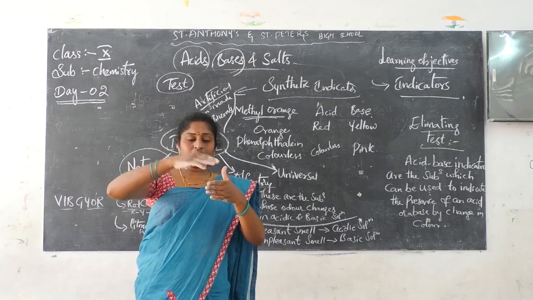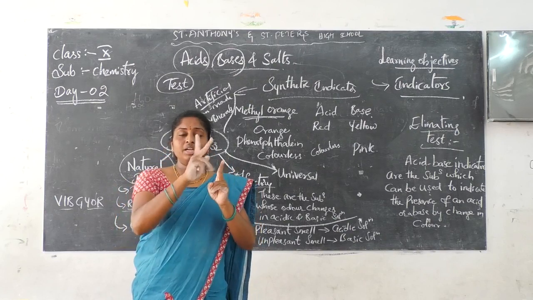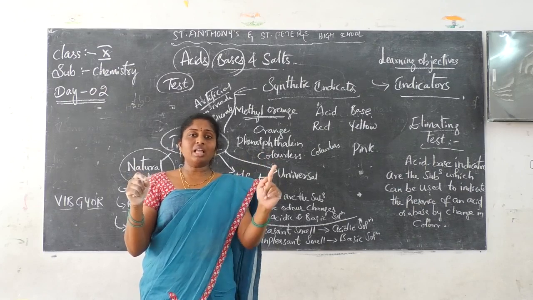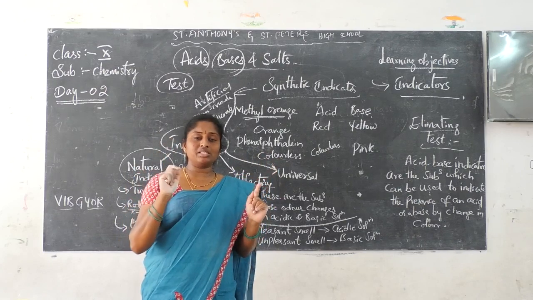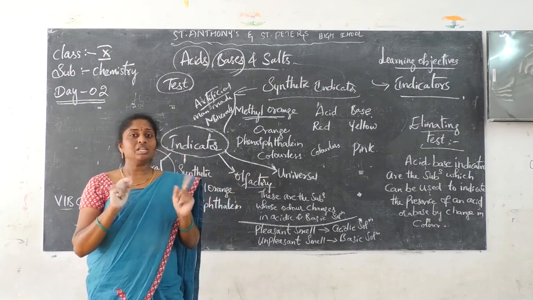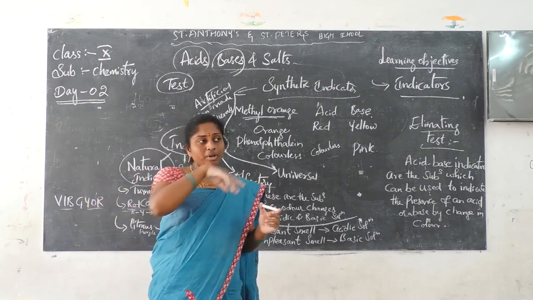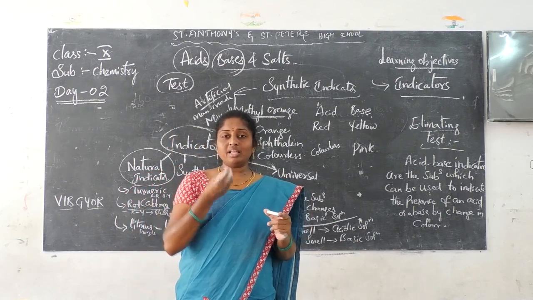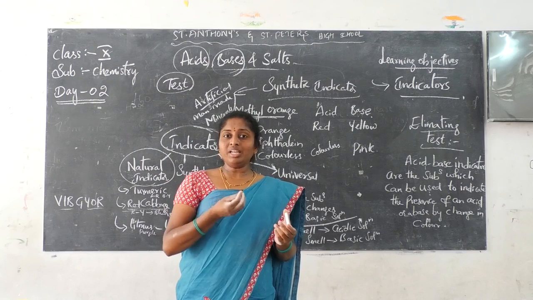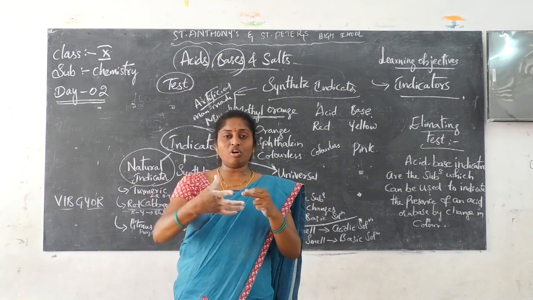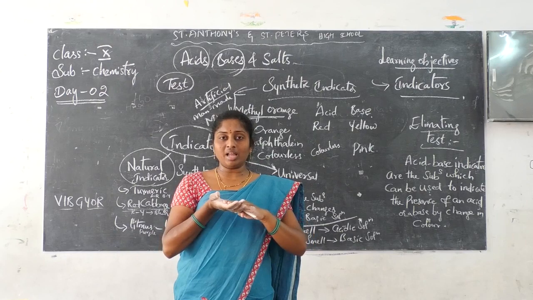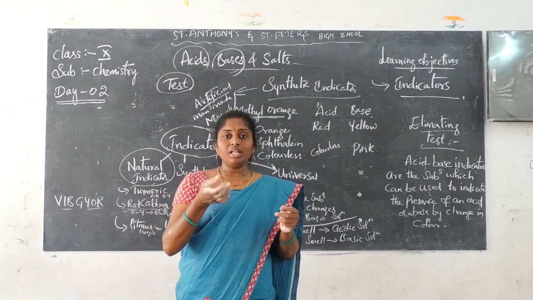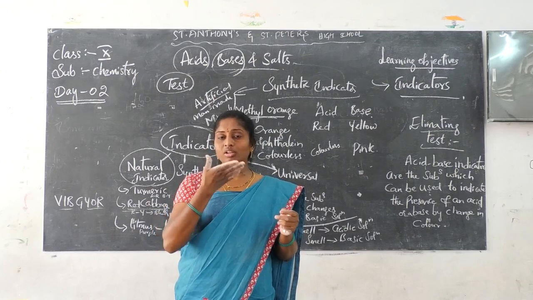So take the cloth, cut it into two equal halves, and test one cloth sample with the acid and the other with the base. You will see the difference in how the smell is changing. The same way, suppose we go to a restaurant and take biryani or something else. After eating it, you get the smell. After washing with normal water, you still get the smell on your hand. But if you use a small lemon piece and clean it off, then you won't get the smell. You won't get the odor.